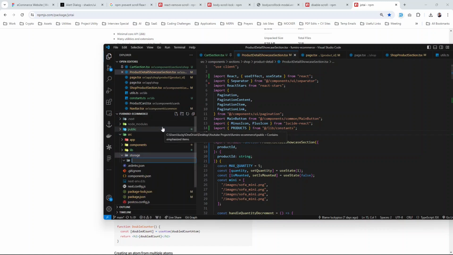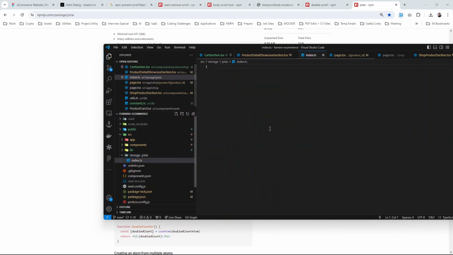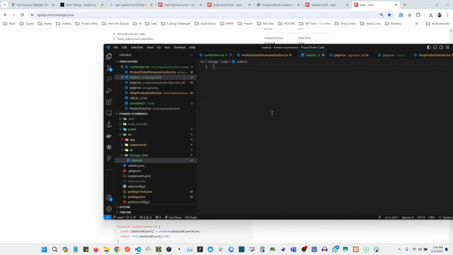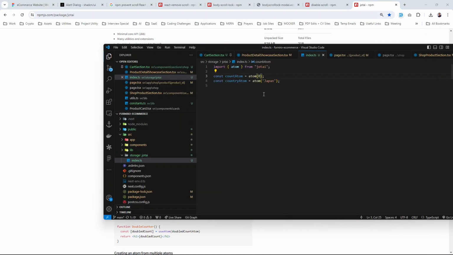In this storage, we can actually create a new folder, so if we have local storage at the same time, we could have cookie storage and so on. For this one, it'll just be Jotai for now. So Jotai is just going to, the index should contain whatever we need, right? So I'm going to copy those and paste it right in here. In this case, we're going to obviously just create an empty array, and this will be cart item,